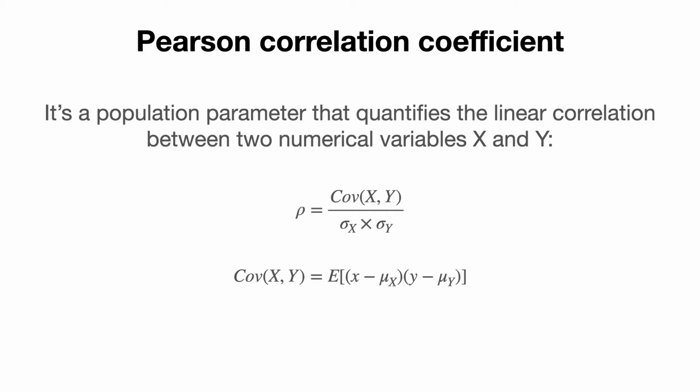What you have there is the difference between the values of the variable and the mean, and those are multiplied for x and y. So the sign of that, if the variables change together, that expectation would be either positive or negative if they increase together or decrease together. But if the variables are not associated, that expectation would be around 0. And then you divide by the amount of variation of each variable separately, a normalization. By dividing by the product of the standard deviations, you get something that is between minus 1 and